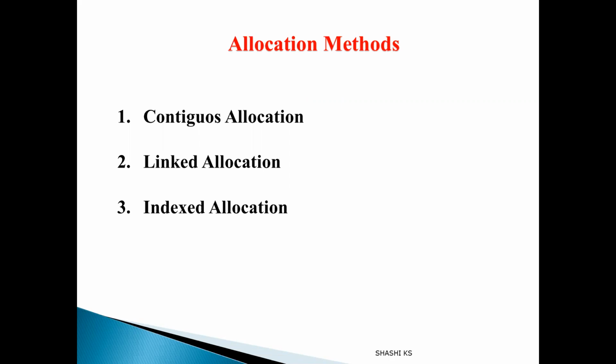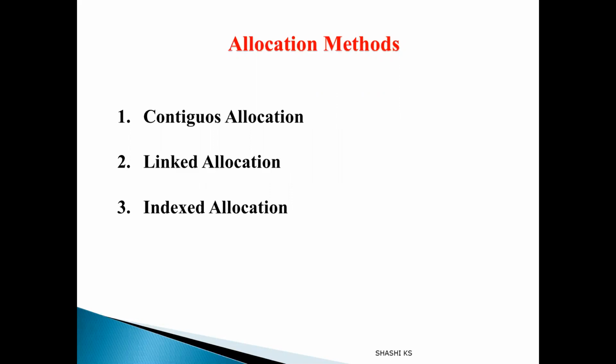So allocation methods deal with how to allocate space to the files on the disk, that is in your secondary memories, in such a way that your disk space is utilized effectively. What I mean by utilizing the disk space effectively is we should not have the problems of external fragmentation or dynamic storage allocation problem. So we have to overcome all those problems and allocate space to the files in the disk effectively, as well as it should be possible for the OS to retrieve the files quickly. So that is what is dealt with by the allocation methods.